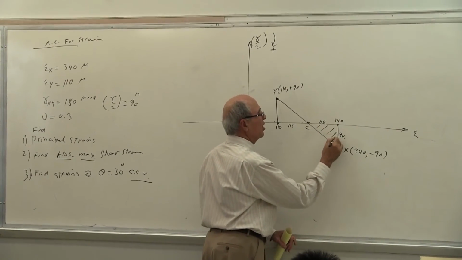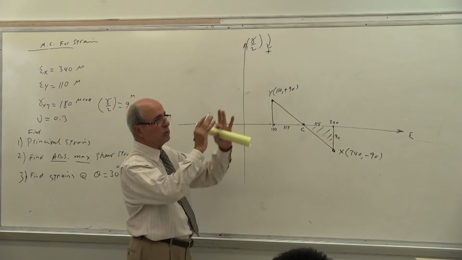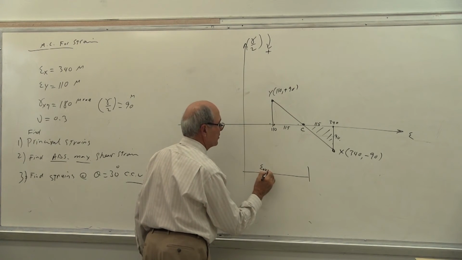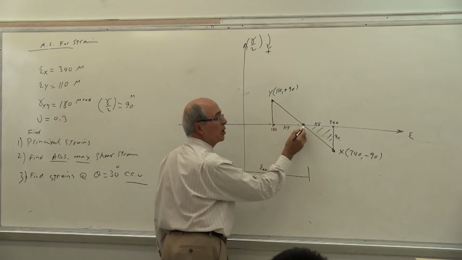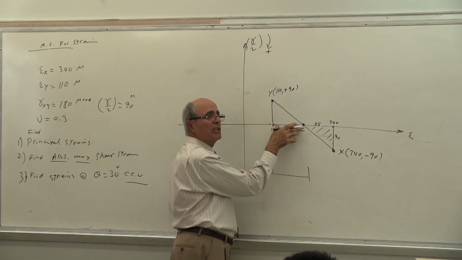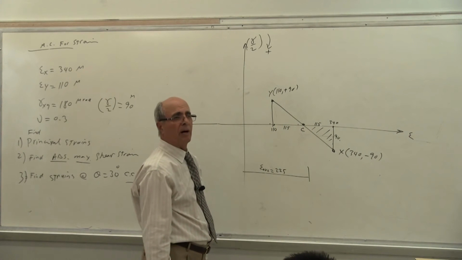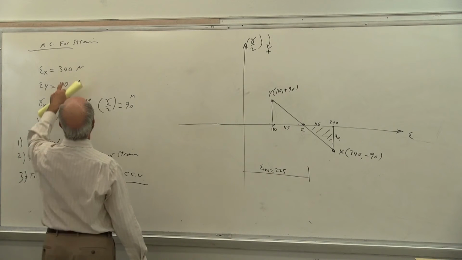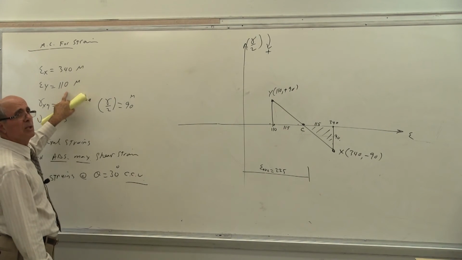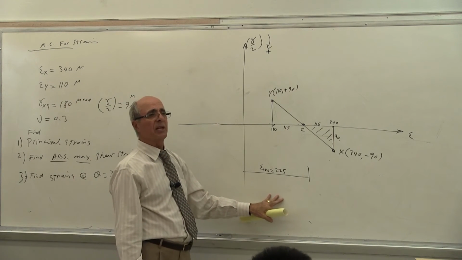Can I calculate the R? Looking at this triangle, can I calculate the R? Notice I don't need to go to my equation. Now look where epsilon average is. Epsilon average is 110 plus 115. Is that correct? This is 110 plus 115, so it is 225. Of course, you could have achieved that by adding these 2 divided by 2. 340 and 110 is 450 divided by 2 is 225. That's the formula. This is graph. Is that correct or not?